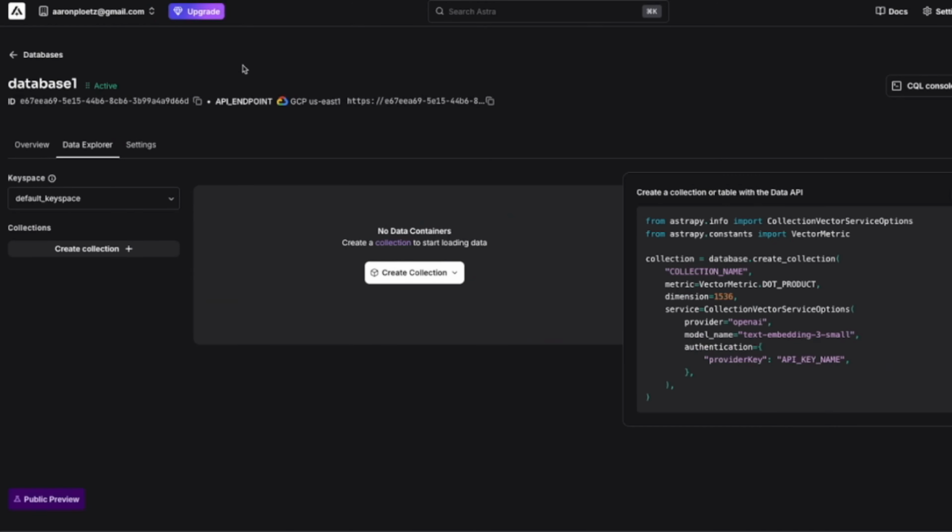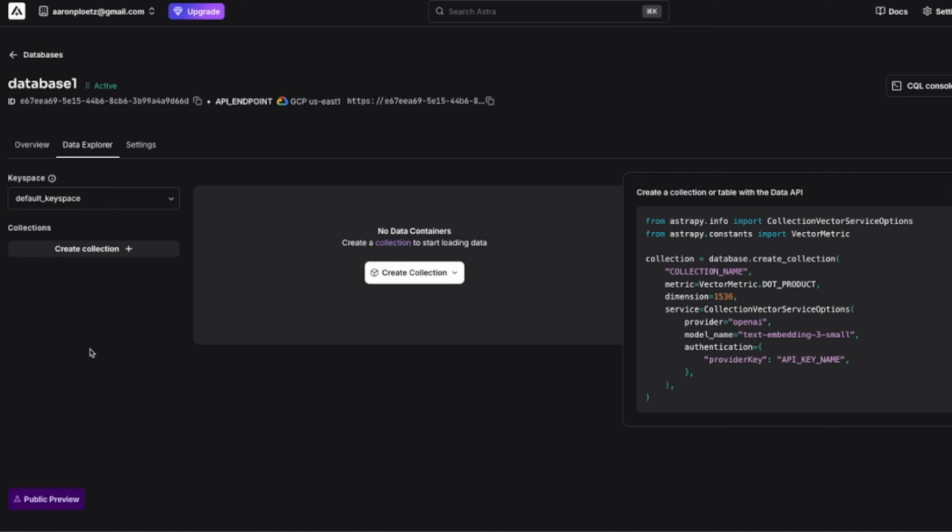One thing worth pointing out here is that when you create a new AstraDB database, it automatically creates a keyspace. And in this case, the keyspace is named default keyspace. A keyspace is actually a collection of tables, and usually you name it after the application that it's supporting, just something for you to give the other engineers you work with an easy descriptive way to see what data the keyspace actually supports.